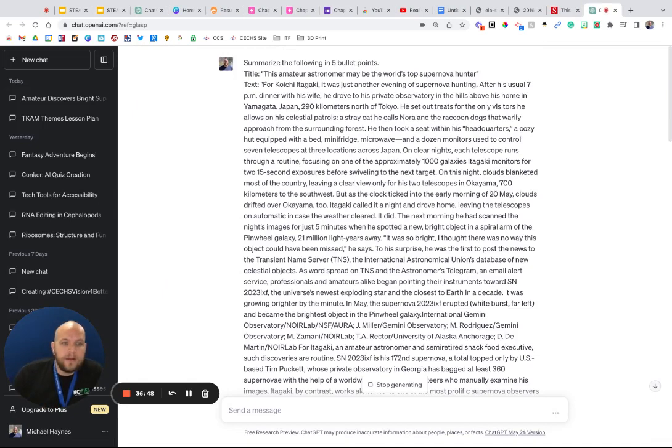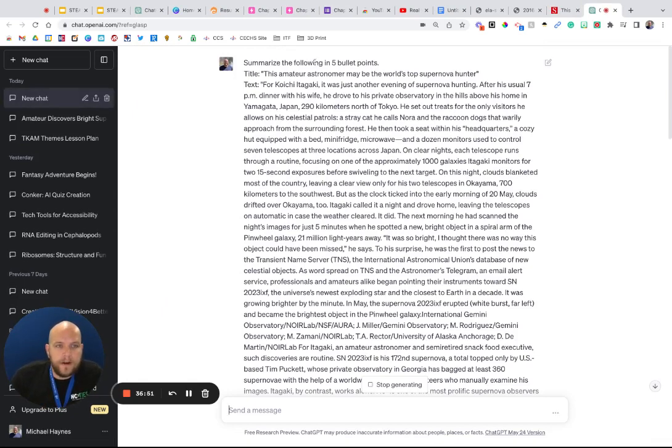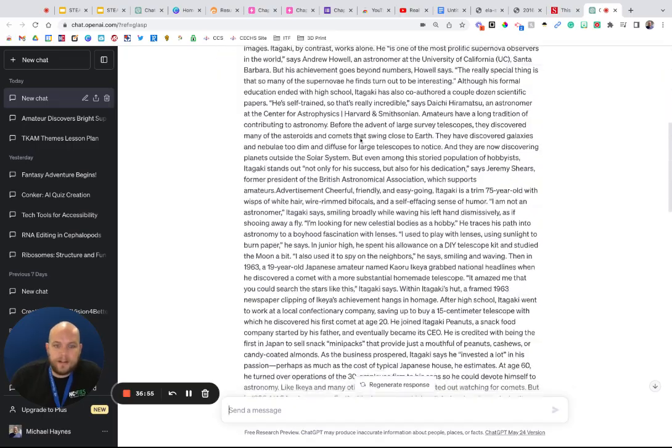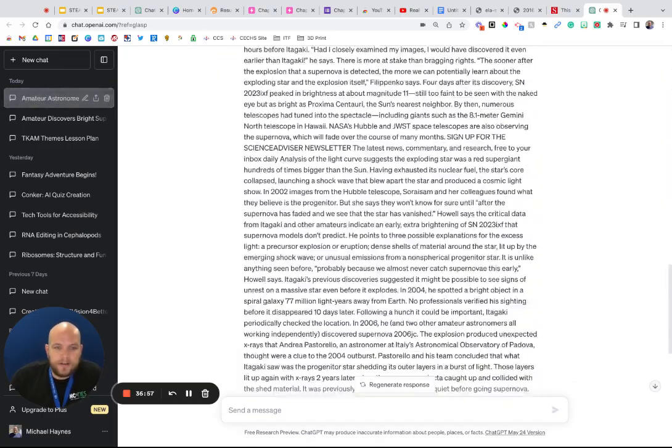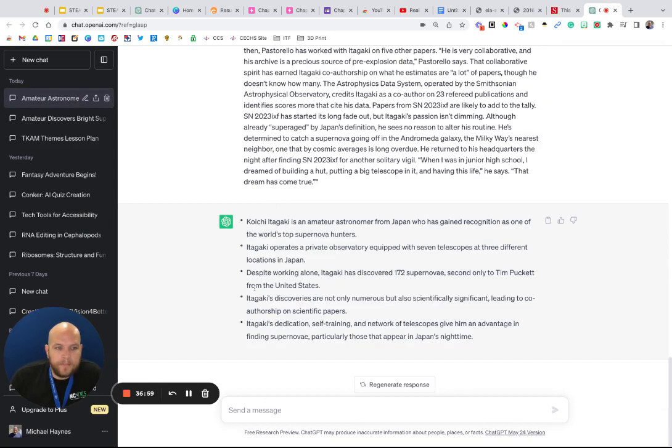It's going to start a new one. But what it will do is summarize the following in 5 bullets, and then it does the exact same thing again, but it did it a whole lot quicker than I could have. And it gave me 5 options there, or 5 summary points from this article. So it's a great thing to have if you need to have key points to point out for the students, and go ahead and have that ready.